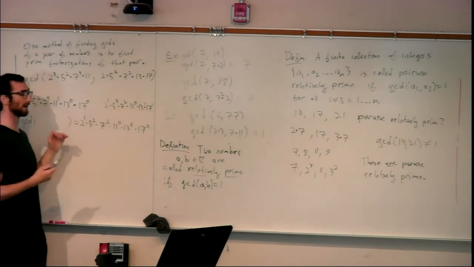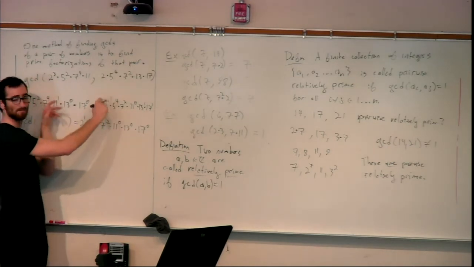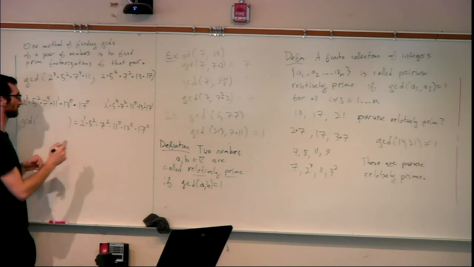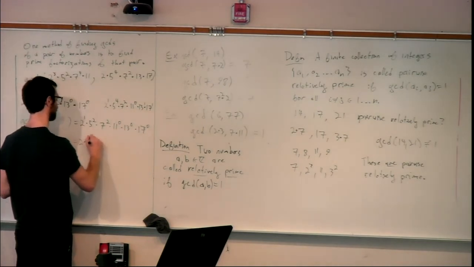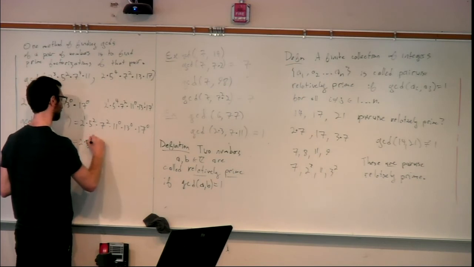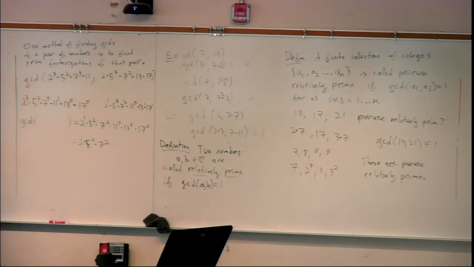So once you have the prime factorizations, you can read off the GCD just by taking the minimums of each of the primes that possibly appear. So GCD is equal to 2 times 5 squared times 7 squared. That's the GCD of these two numbers. So more generally,